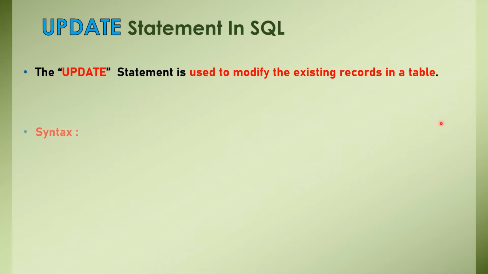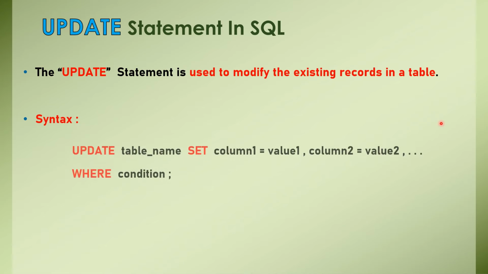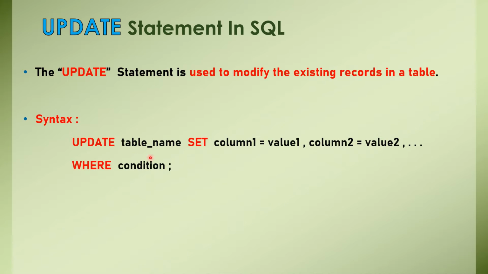Okay, now what is the syntax for this update statement? Make sure you understand this syntax very well, because if you make any mistakes while writing the query related to update statements, then some false data can be updated inside your table which you don't want, right? Your table must have only true data. We don't want any kind of faulty data updated inside our tables, right? So the query is: you need to write the update statement, then the table name in which you want to update.